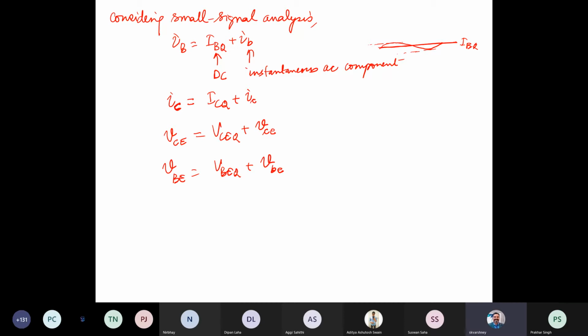Now if we set VS to 0, it means we are simply ignoring the AC source. And we apply the base to emitter and collector to emitter loop equations,